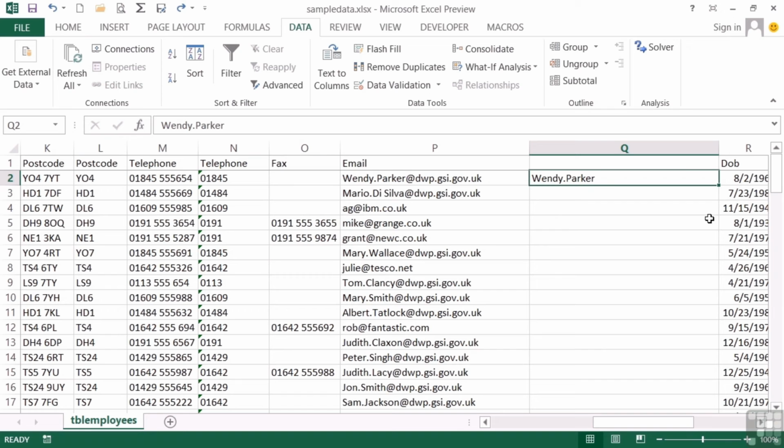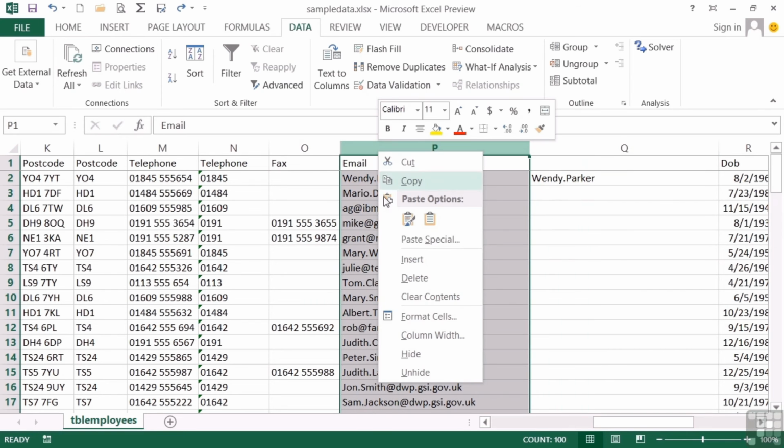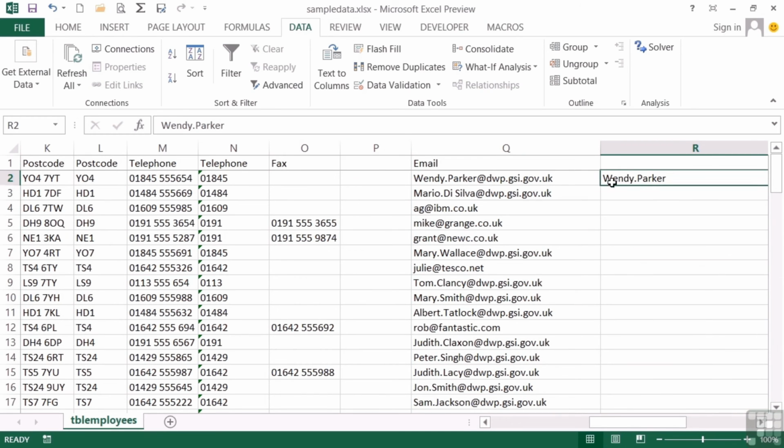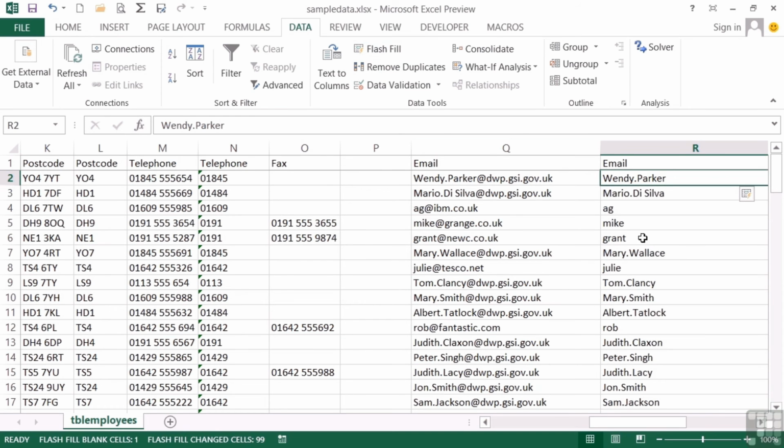Now we can trick it not to look in at the first name and the surname by actually inserting a column here, which gives us a blank column. So when the Flash Fill looks to see where it's getting that information from, it can't see the first name and the surname column, but it can see the email column and then might just follow my pattern. Let's go back to Wendy.Parker, Flash Fill, and we can then see it now spots the pattern, which is everything